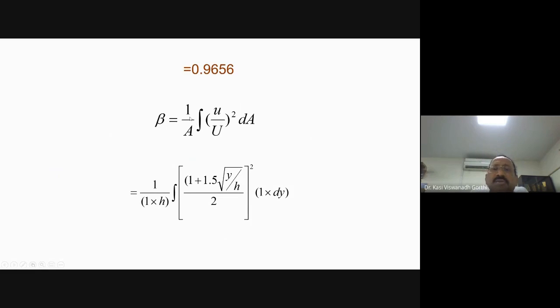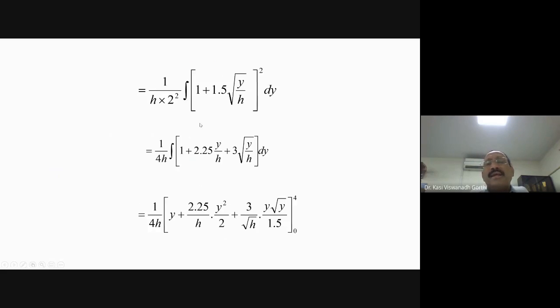Similarly, for beta also, 1 by A integral small u by capital U whole square into dA. No other change. Instead of cube, you have square. But all the remaining procedure is the same. 1 by A is 1 into h, integral of 1 plus 1.5 into square root of y by h, divided by capital U, the mean velocity 2, which you can take out of the integral, into integral of 1 plus 1.5 into y by h whole to the power half, whole square. Something like a plus b whole square. Expand that, a square plus b square plus 2ab, and then apply the limits, and you will get